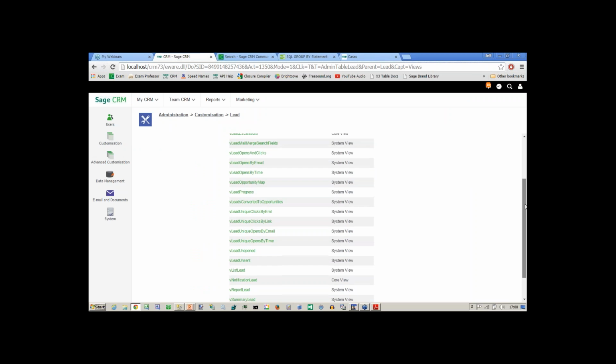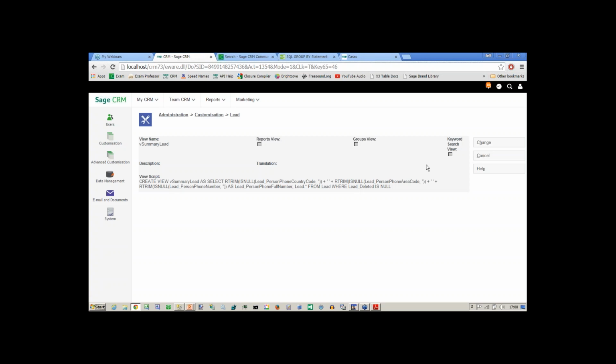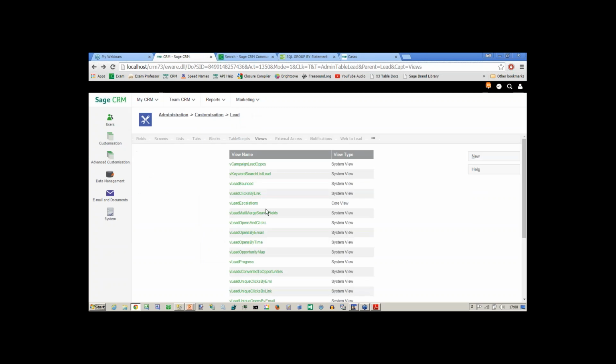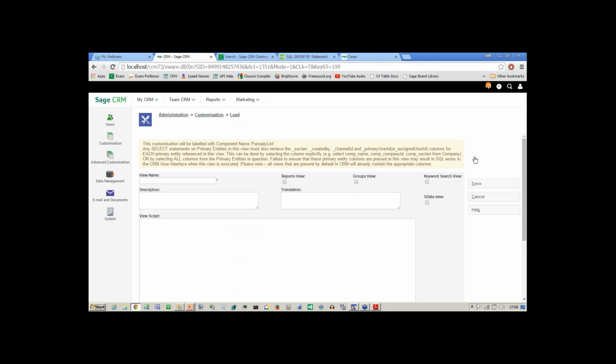Now we don't have a clone view feature. I think personally that would be a very useful thing, but it's easy enough to just select the SQL statement that you want, to then return to the listing of views and to create a new view. So if I call this V Jeff's leads,